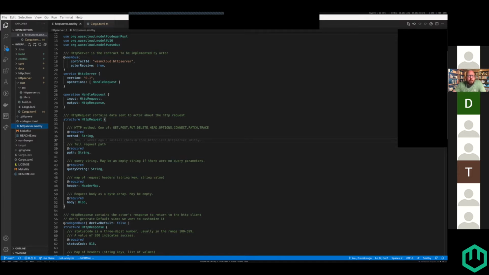All the syntax here is defined by Amazon Smithy, so we haven't done anything to change the syntax. In fact, we can use the built-in Smithy linter and validators that come with that tool set. But we can define annotations like this. So this particular service has one operation, handle request, which has an input structure and an output structure. And these are